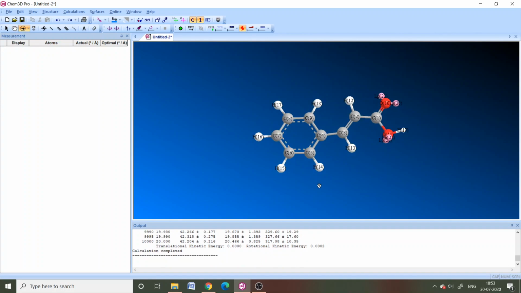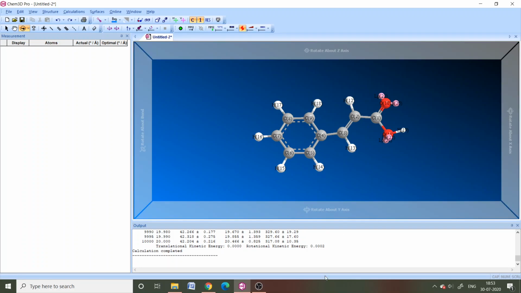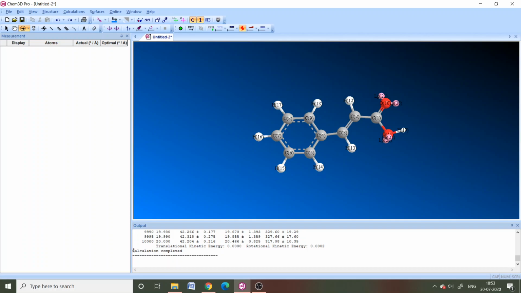Okay, now the job is terminated. This can be recognized by calculation completed. So in the output it shows calculation completed.